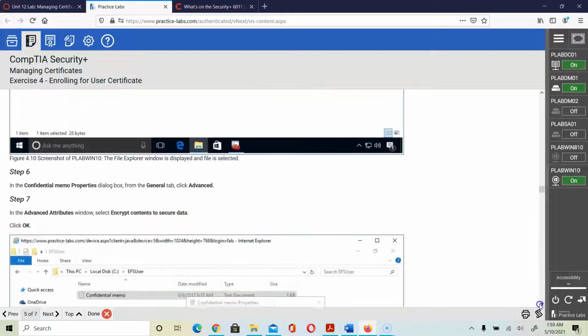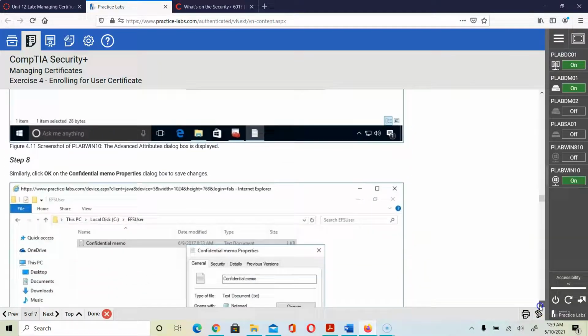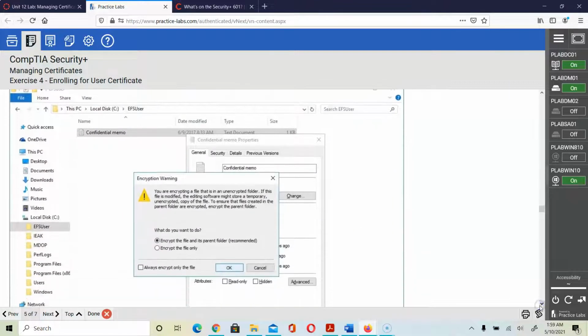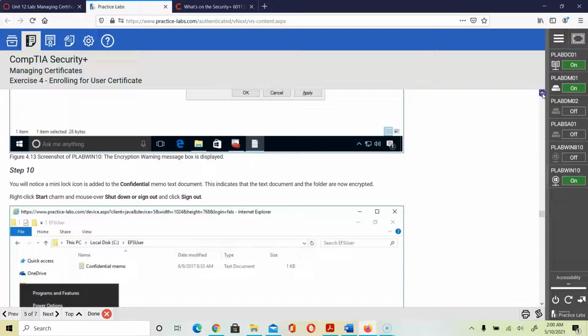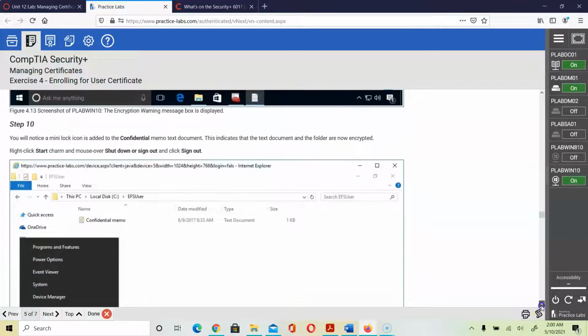Then we are going to right click the text file. You are going to go to Properties, then Advanced Attributes, check the Advanced option, and select Encrypt the content. So if it's successful, then that means it's effective. Then after that, it's going to give you a warning asking whether you want to encrypt everything inside it, or do you want to encrypt the file only, the folder or the file only. Once you select, it tells you that we would encrypt the parent folder, and then it's going to start